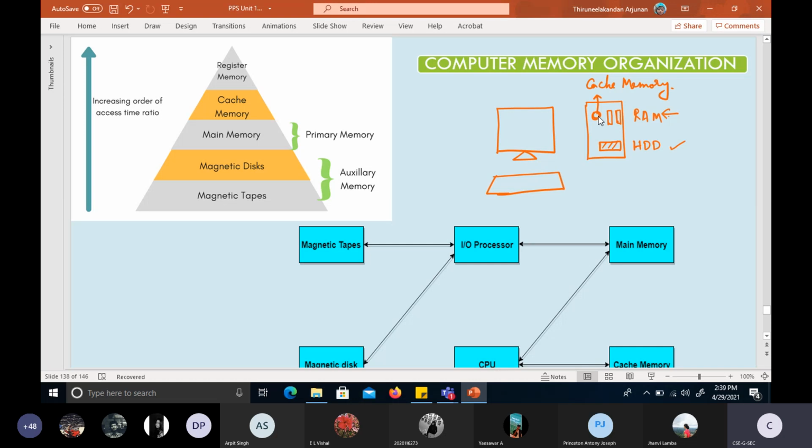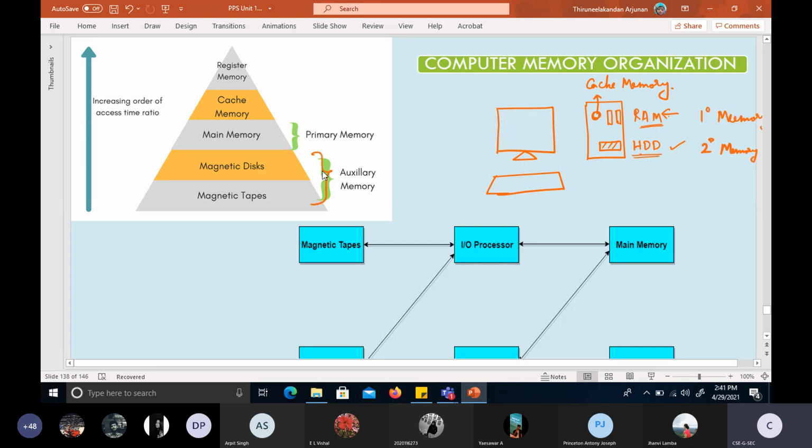And primary memory is able to store. See here, the hard disk space will be 1 terabyte. Nowadays, our hard disk capacity has normally reached up to 1 terabyte in almost all the systems which are coming now. Okay, whereas RAM capacity, maximum nowadays we are able to see 8 GB only.